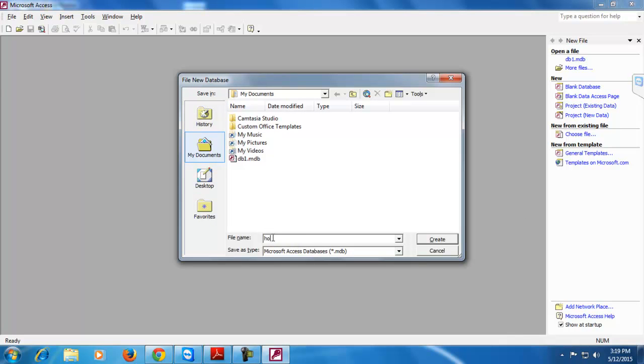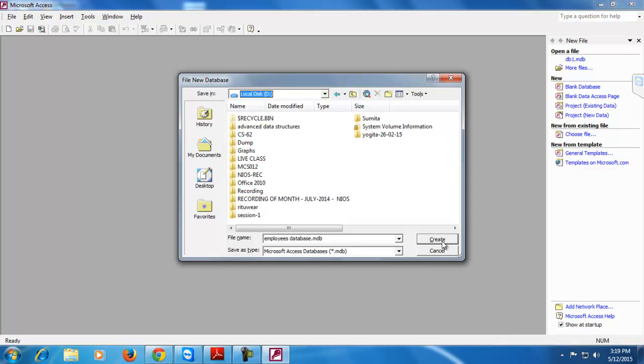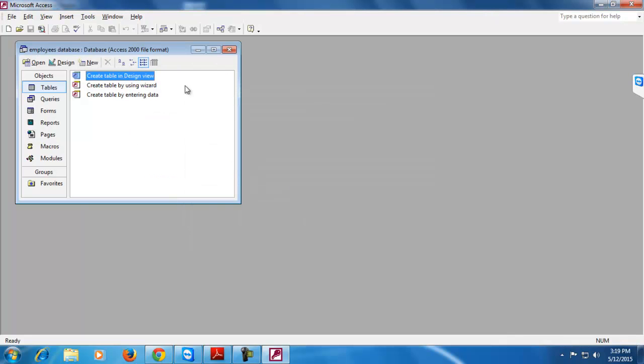Give a name to your database. For example, here we give the name student or employee database. Select the location where you want to save it and click on Create.